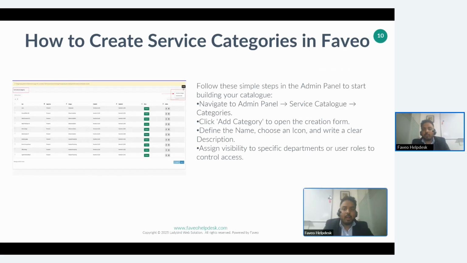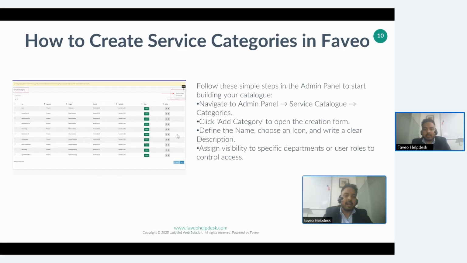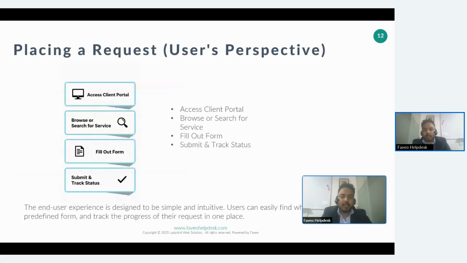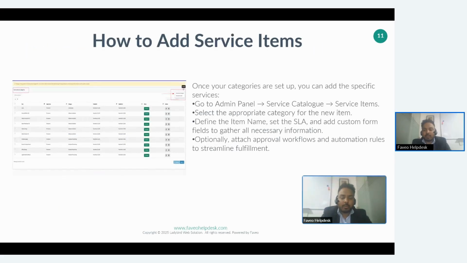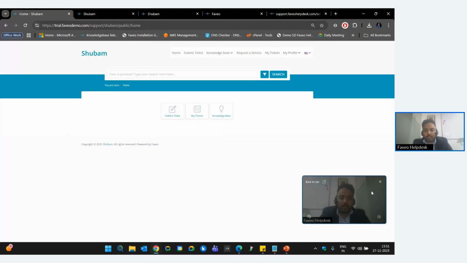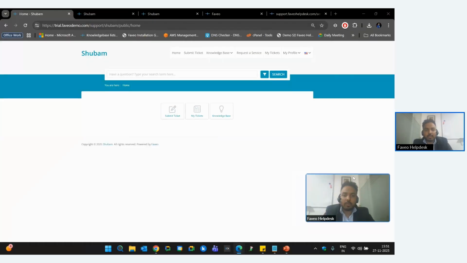Then how to create service categories in Fabio, and how to add a service item into that particular portal. I will provide you a live demonstration so that we will be on the same page, and you will also get to know how you will create service categories and service items. So I will open the portal. This is how our portal looks like. As you can see,